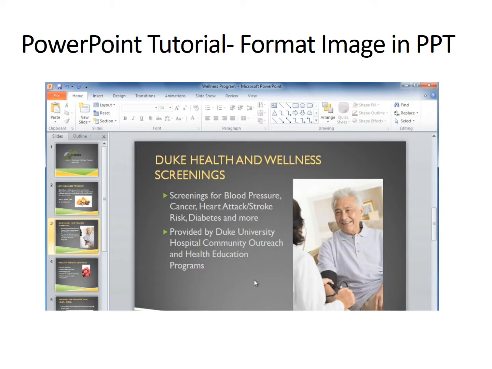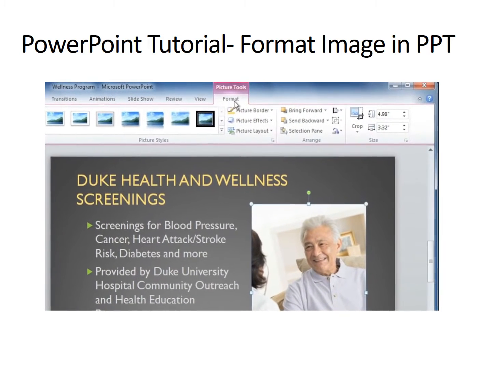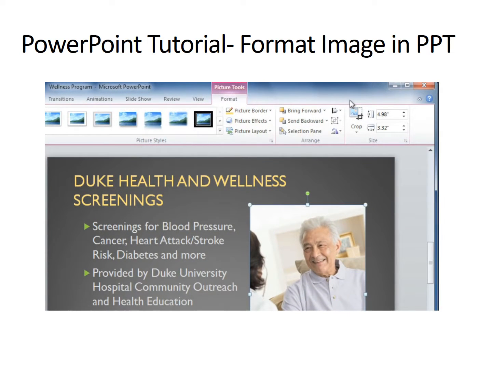Once you've added pictures to your presentation, you'll want to make them look as good as possible. And that could mean adjusting the color, or the brightness and contrast, or even just adding a border. To begin, click on the picture, and then go to the Format tab. And I want to start by cropping this picture. Click on the Crop command,